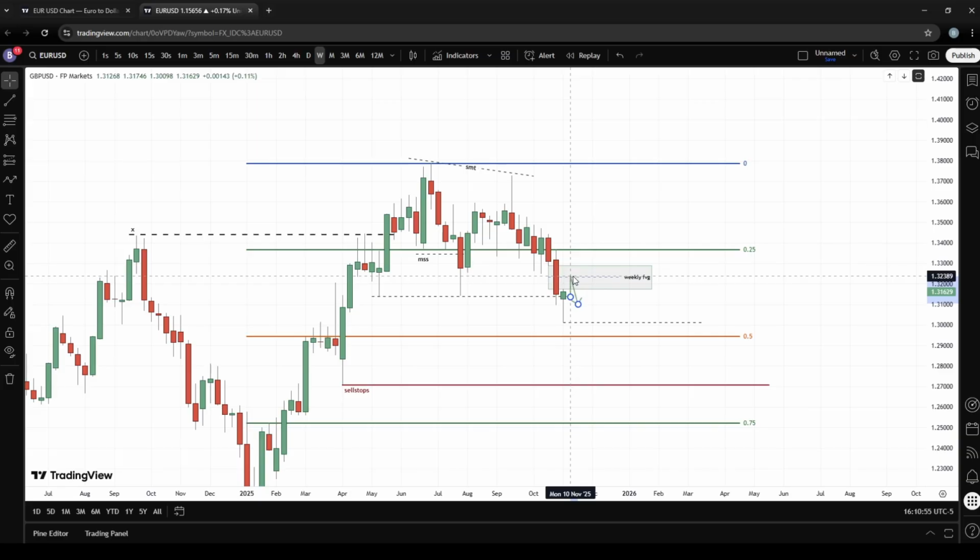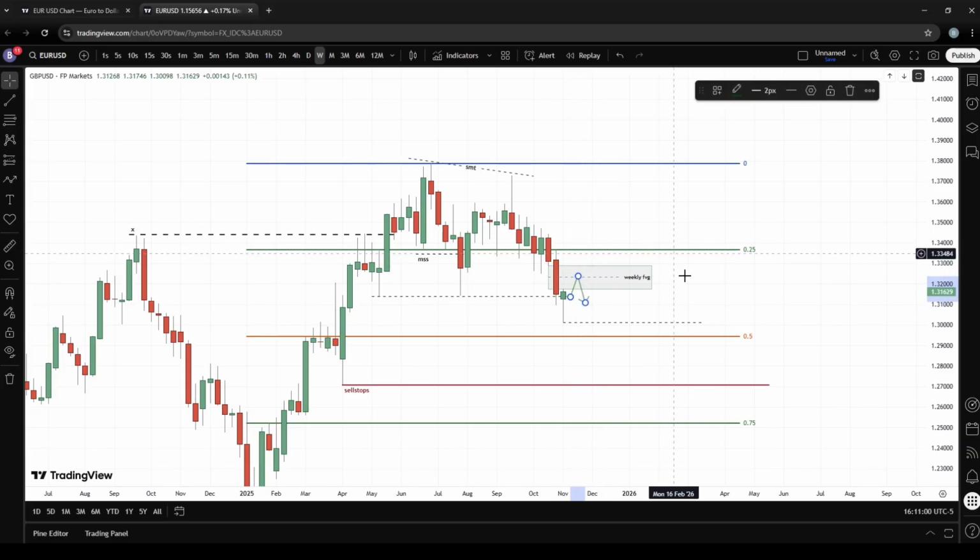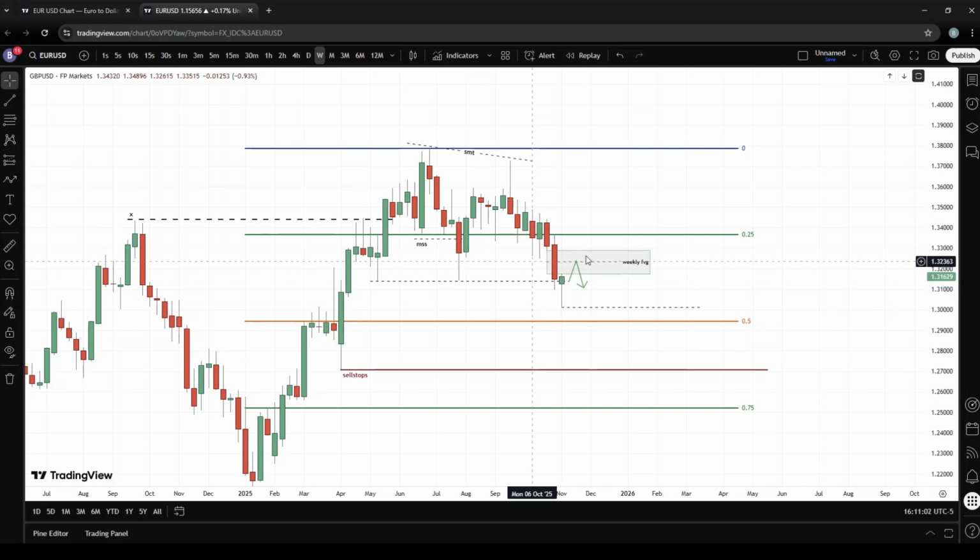Don't be in a rush. Next week I advise you to stay off the markets also. Just wait to see the reaction of this weekly candle, how it will react to this fair value gap price, because these are relative equals. We've had some liquidity taken around this place, and we can see a bullish weekly candle with a sweep of this low. It might